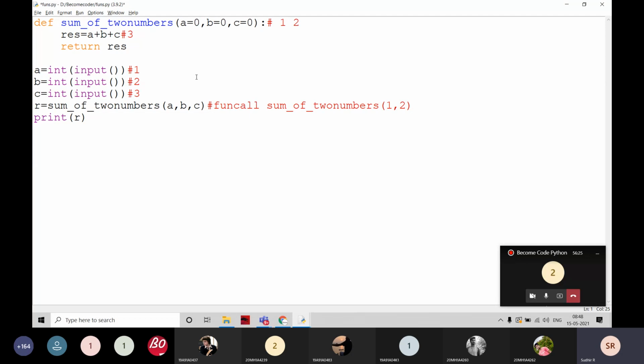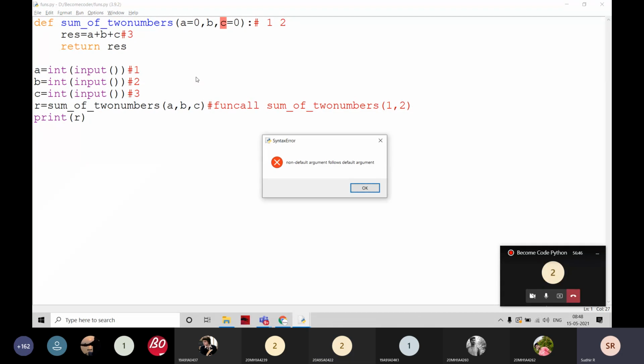For example, I'm going to write like this. Students, a single value will be passed. If I execute it, it is going to be an error here. What is that error? Just read it out.